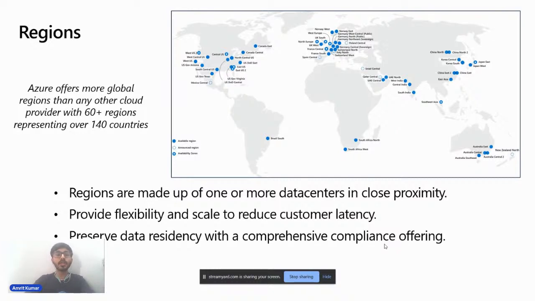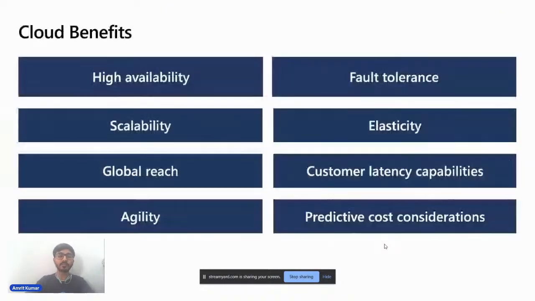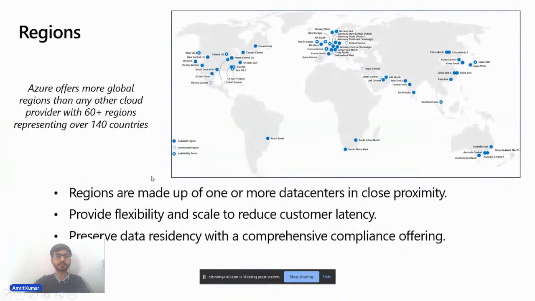Azure offers more global regions than any other cloud provider, with 60 plus regions representing over 140 countries. And that's why we have the global reach, right? And that's how you can do global reach using Azure services.